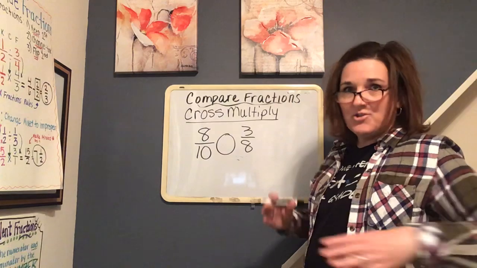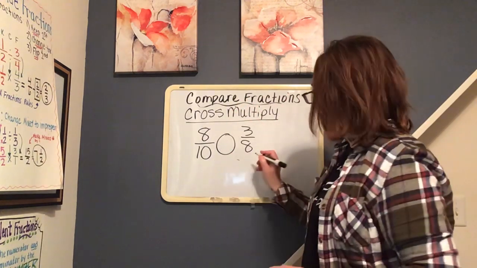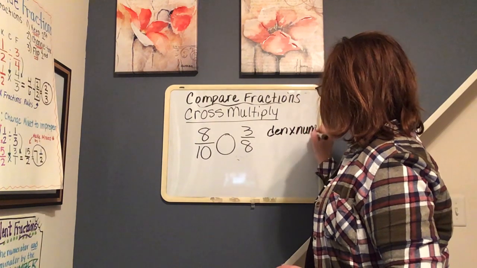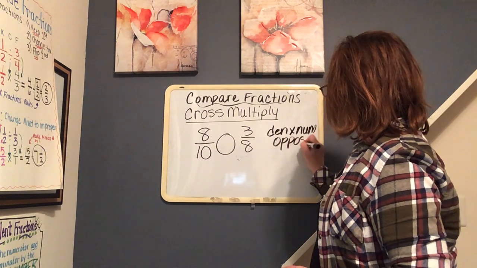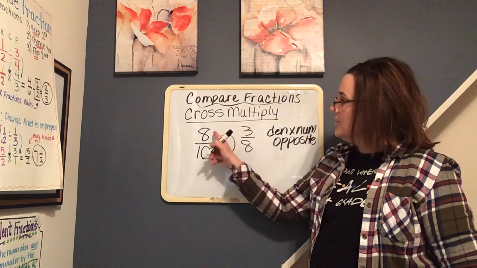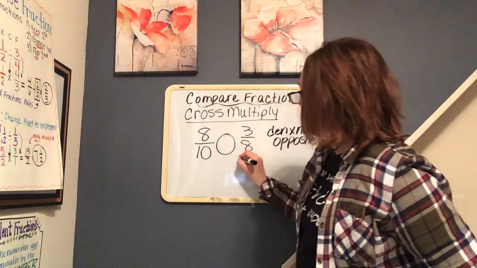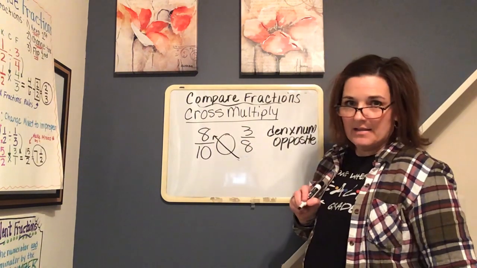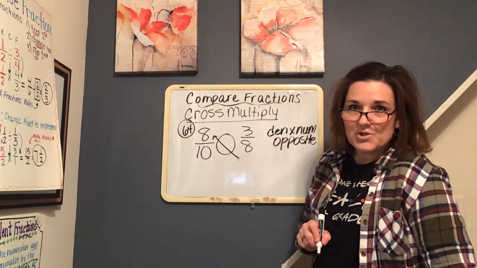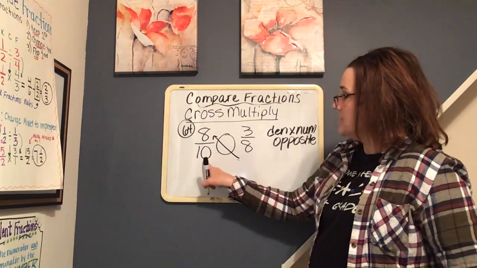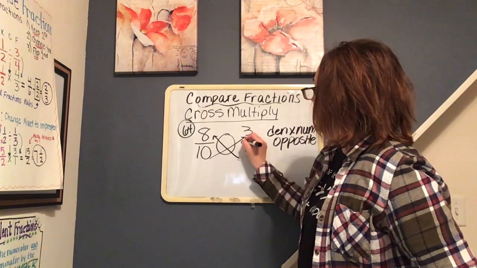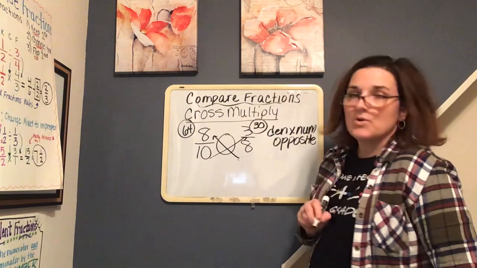Now cross multiply means just that. You're going to go from bottom to top. So you're going to go denominator times numerator opposite. So we're going from the 8 on the bottom over here to the 8 on the top over here. So we're going to cross multiply like that. And when you cross multiply, you're going to put the answer above there in a circle. Then you're going to go over here and multiply the 10 by the 3. When you cross multiply that and you get 30, you're going to put that in a